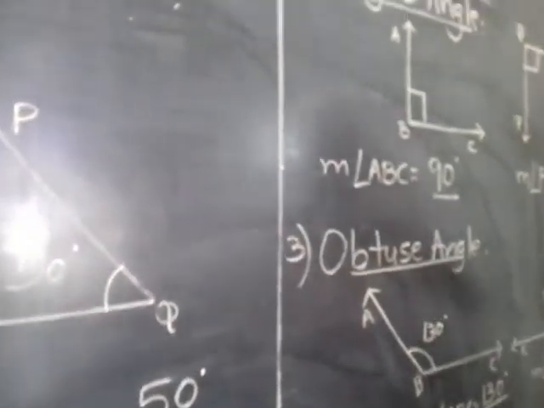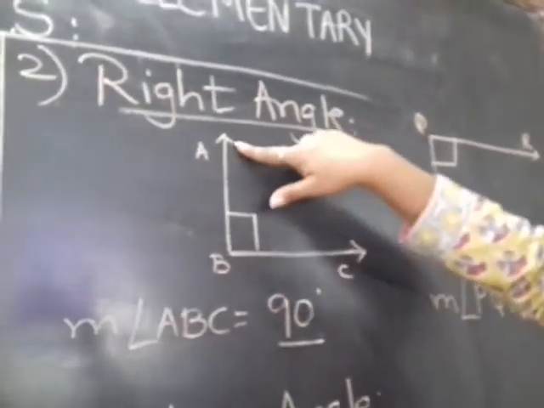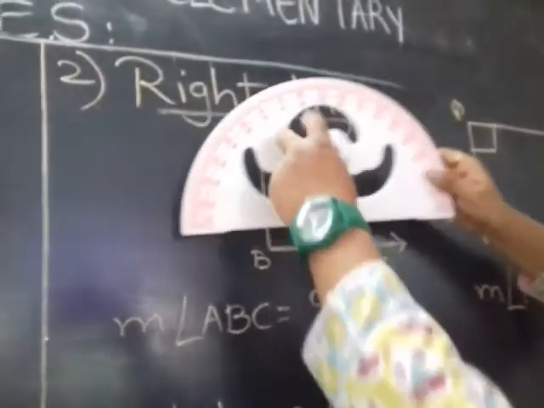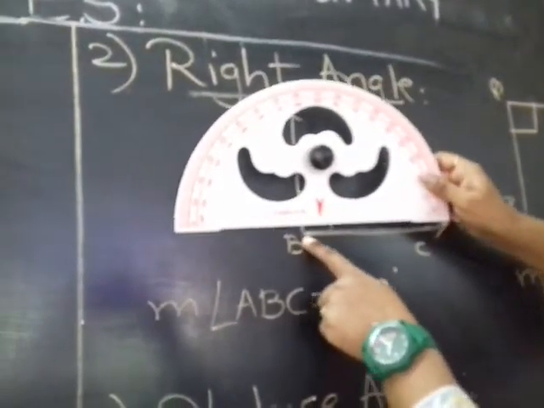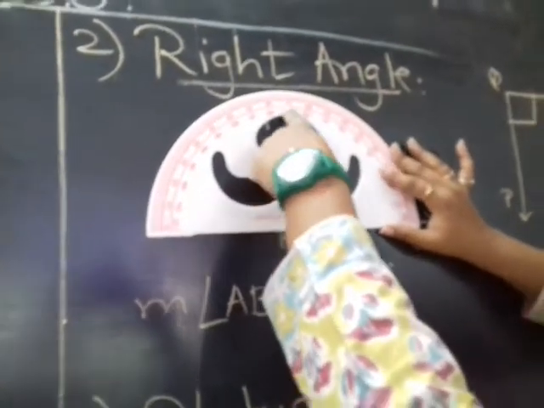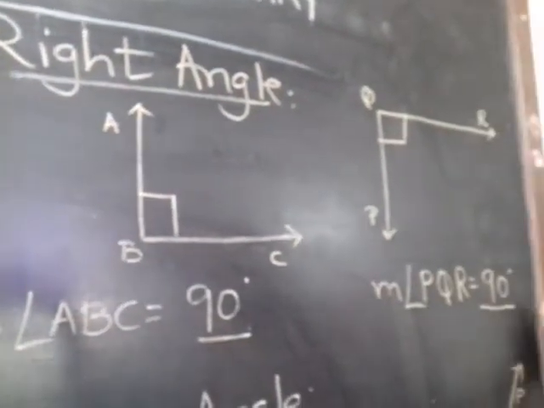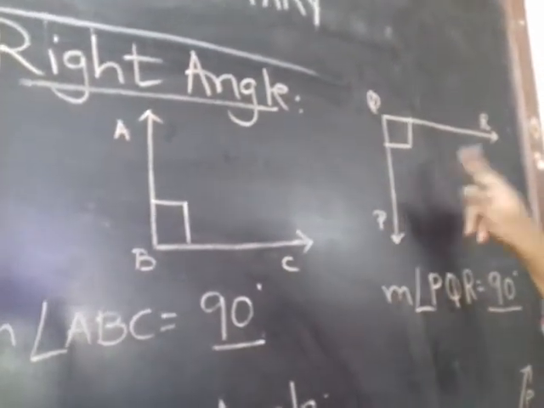In a similar way, right angle, you know already, is always 90 degrees. So when you measure this straight line keeping the vertex, the 90 degree arrow on B and baseline 0, you will see there is exactly 90 degrees. So this is a right angle, and a right angle always has 90 degrees on the protractor, right?